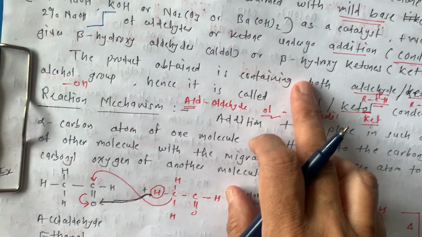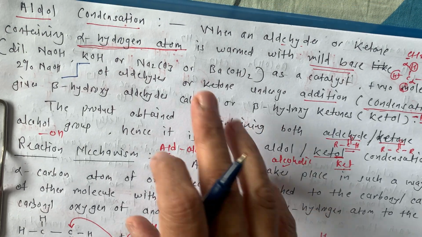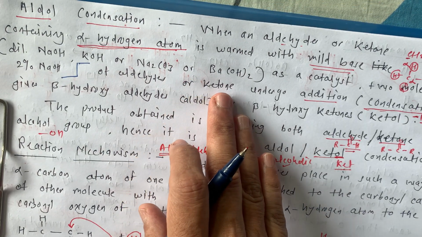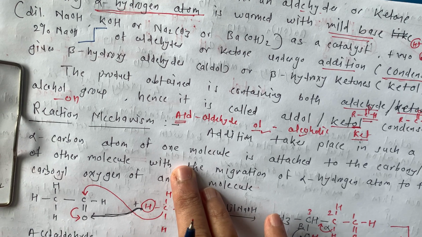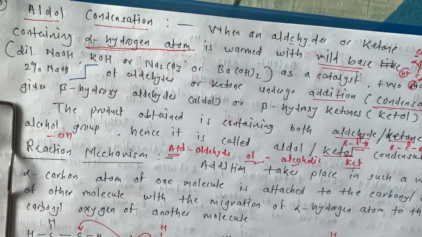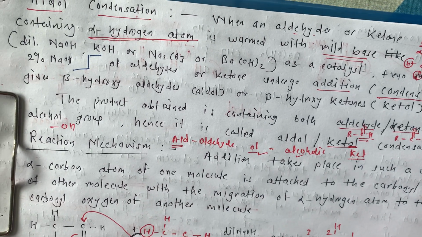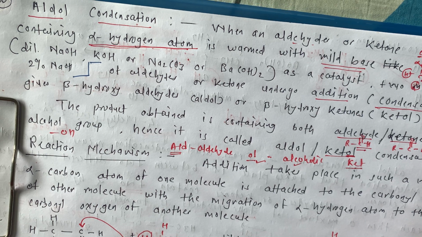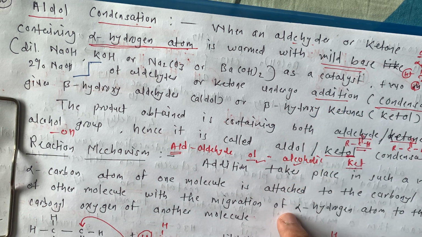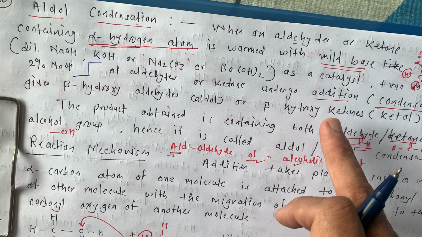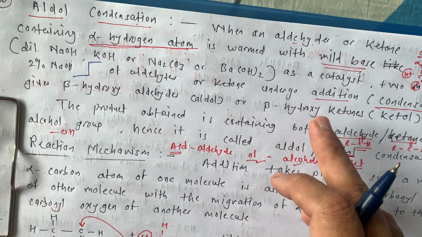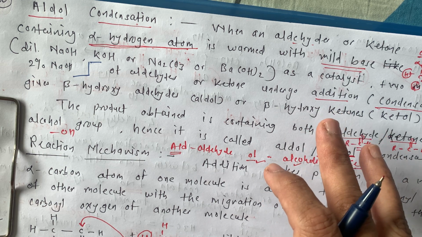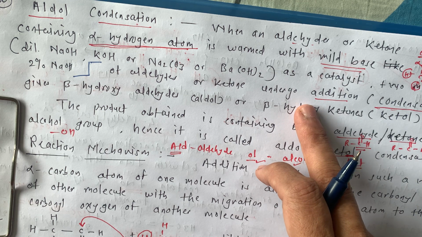This is just the theory part I explained now. Based upon this, you have to remember theory as well as reactions. This is very important because this topic is generally asked for long questions. So you have to know each and everything very well, because depending upon the mark distribution you have to write the answer. That's why you have to know this very well.